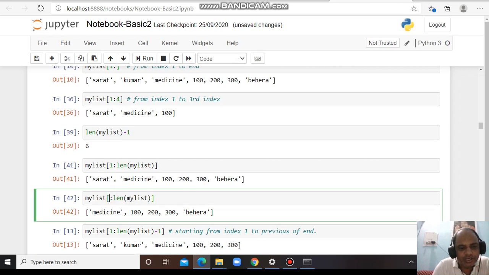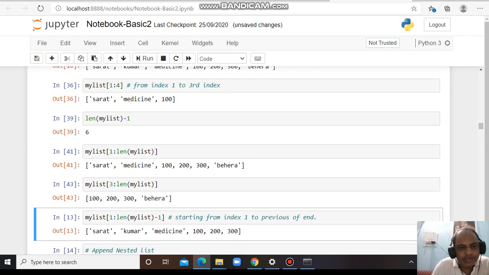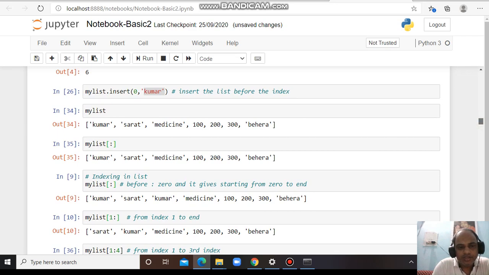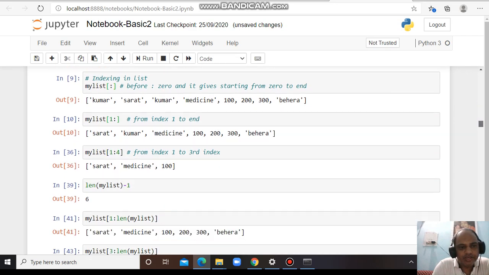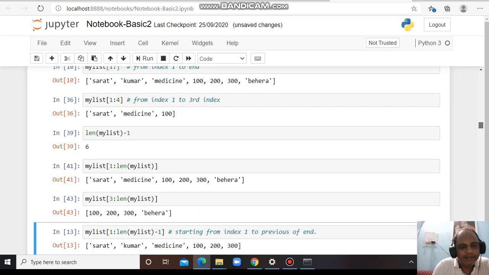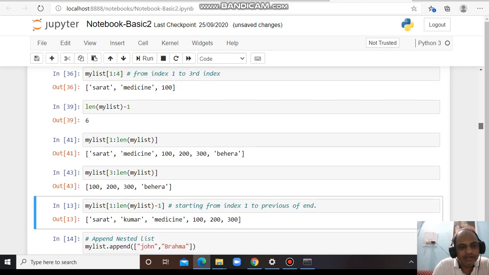If I put 3, it will start from 100. 0 1 2 3. So in this way we can explore our elements. We can extract different elements from my list by using the index. I hope it is almost clear now about indexing of the list. Very important.